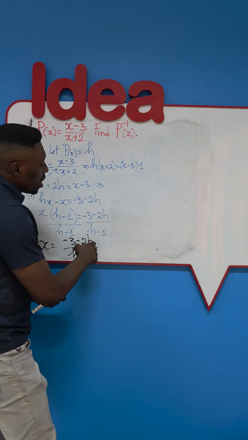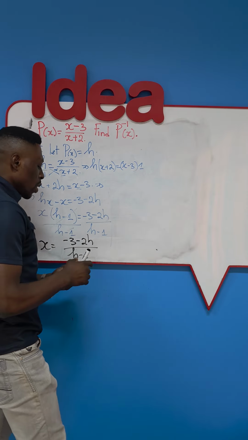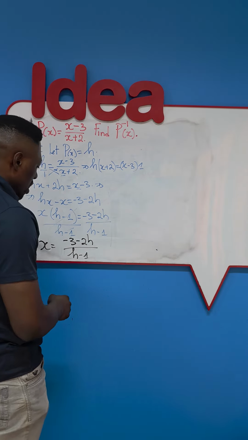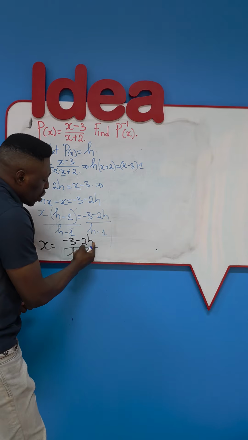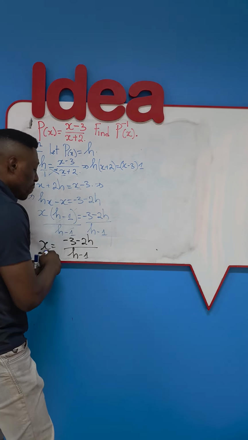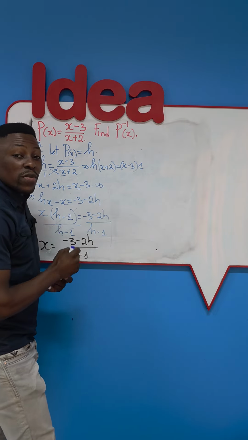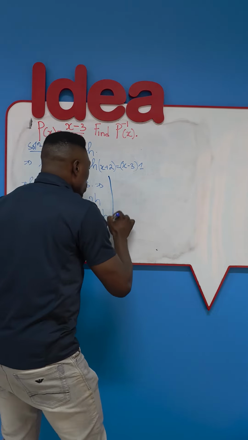Remember that the variable h was just introduced at some point. It wasn't there initially. So what we do at this point is this. We will replace h by the variable which we had from the start, which is x, and then replace this x here by what we are actually looking for, which is the inverse function of p. So we will say, therefore,